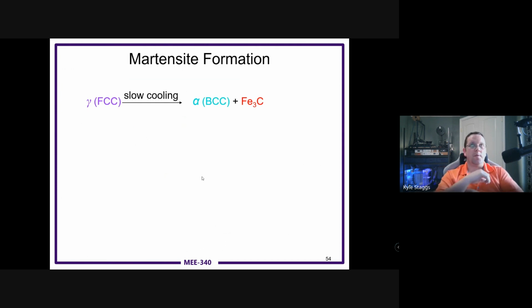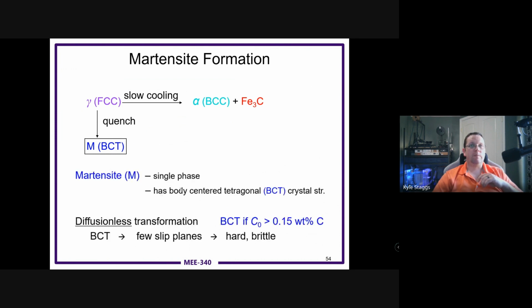So the martensite formation looks like a slow cooling process. It can be a slow cooling process to form alpha and carbide, or alpha and cementite. The quench is what actually gives us not the face-centered or body-centered, but this body-centered tetragonal structure that will change the way that it behaves. Because this is diffusionless, because there's no equilibration, there are very few slip planes,